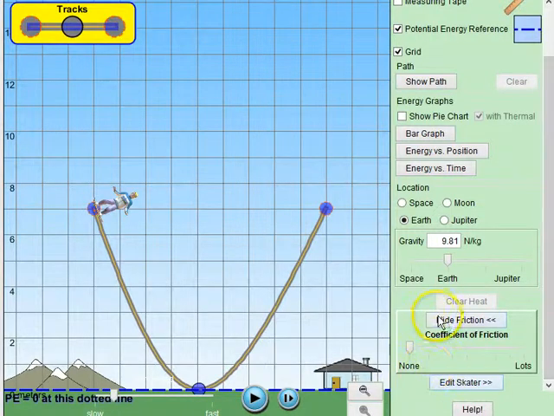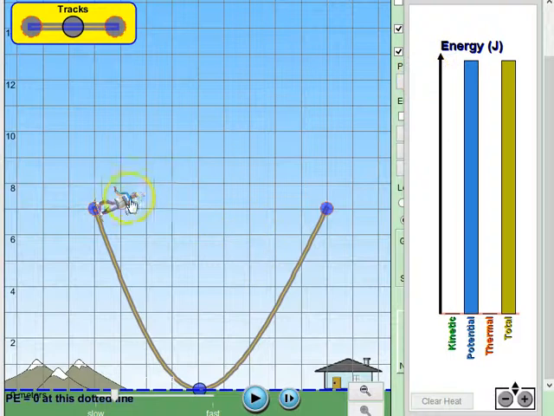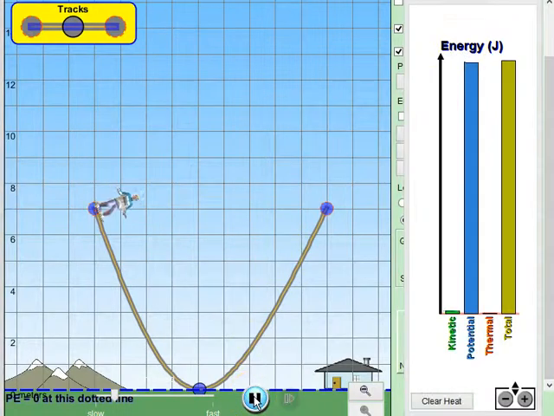One moment. I'm going to increase it to a value, say halfway there. About halfway to the maximum. Almost there. One moment. There you go. I'm going to now do the same thing that I did earlier. I'm going to press play. Before I do that, what do you think is going to happen now? Is the energy at the bottom going to be the same as the potential energy bar? Let's find out. I'm going to press play and I'm going to pause at the bottommost point.